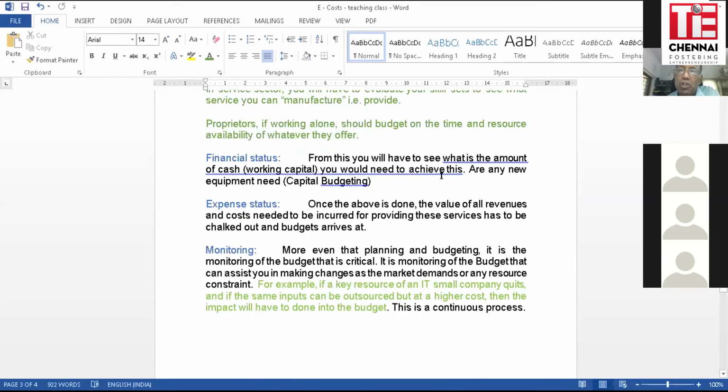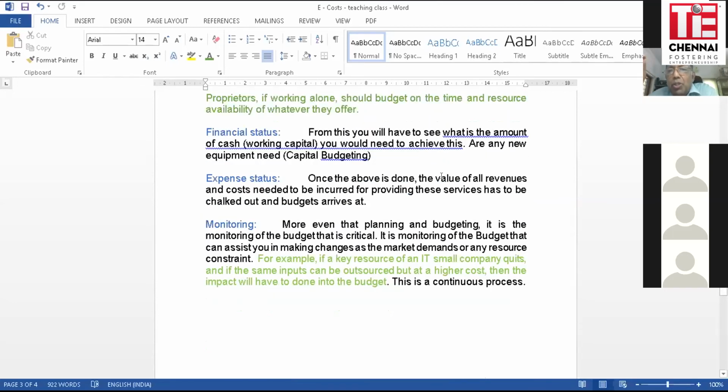From here, you move on to financial status. From this, you will see what's important. And as Aparna mentioned earlier, what's a cash working capital? It's all very nice, you know. Well, I can make 100 pieces a month, so I will make 1,200 pieces a year, or 9,600 pieces in a half year, etc., etc. All that is fine. But remember, once you make a product, you got to sell it. Once you sell it, most important, you got to get the money for it. Now, if you're just making, selling, and not collecting money, you will have to stop making after some time because you've run out of cash to buy raw materials.